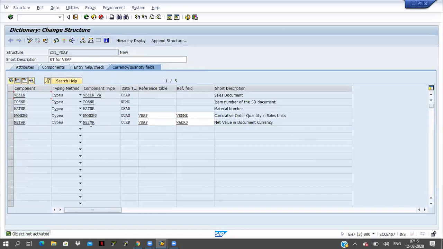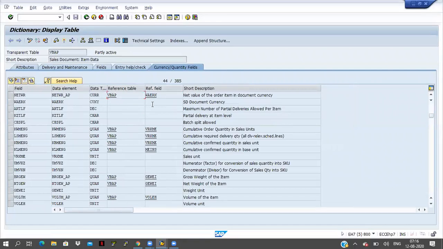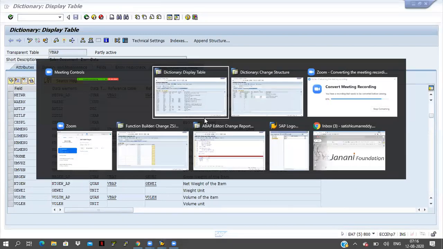So for NETWR, I am taking the reference field as WAERS, right? But that is not available. Here WAERK is there. For NETWR, the reference currency or quantity field in the VBAP table is VBAP WAERK, but I have taken WAERS, so it is throwing an error.